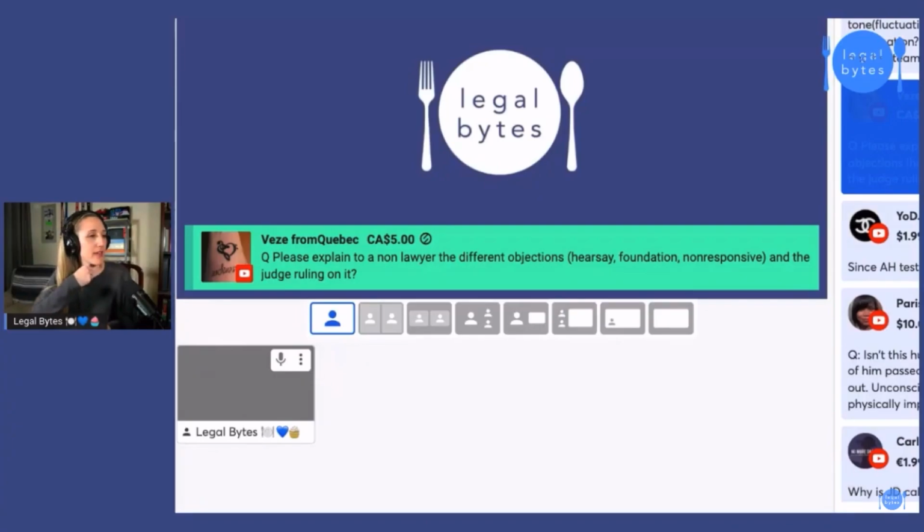Visit from Quebec says, please explain to a non-lawyer the different objections: hearsay, foundation, non-responsive, and the judge ruling on it. So hearsay basically means you've got an out-of-court statement that you are trying to bootstrap in as unreliable information. You're trying to bootstrap telephone essentially by saying, so and so told me,